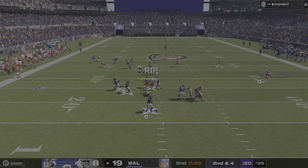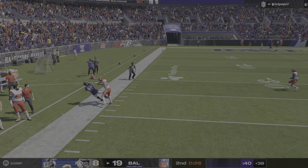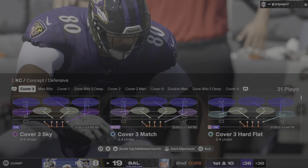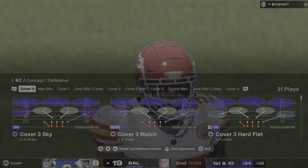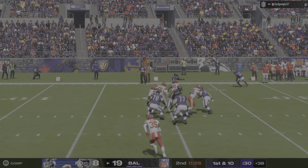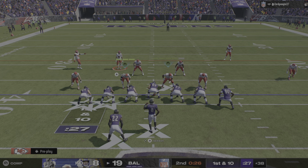Play action. It's Jackson on the move to his left. He's got a man complete. Well, he's got to be out of bounds, but not before he takes it inside the 40. A gain of 37. And what great recognition between a receiver and his quarterback,